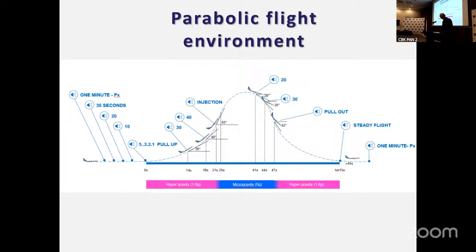For one single parabola, we have 1 minute of preparation, then around 25 seconds of hypergravity where we shouldn't do almost anything or should lie on the floor. Then we have the lunar gravity, which takes around 30 seconds, when we should operate